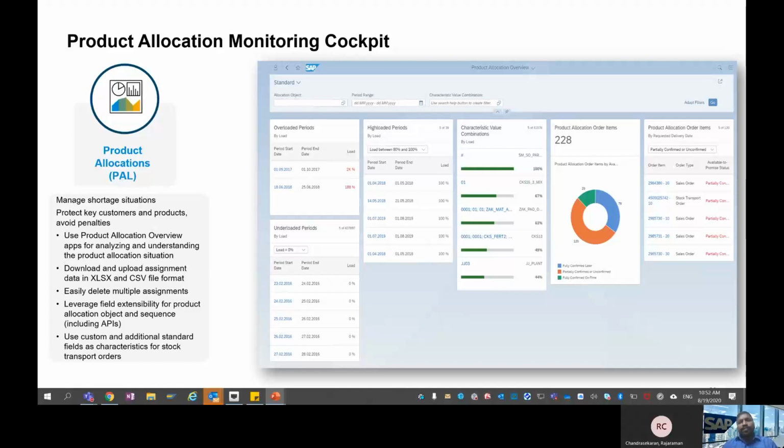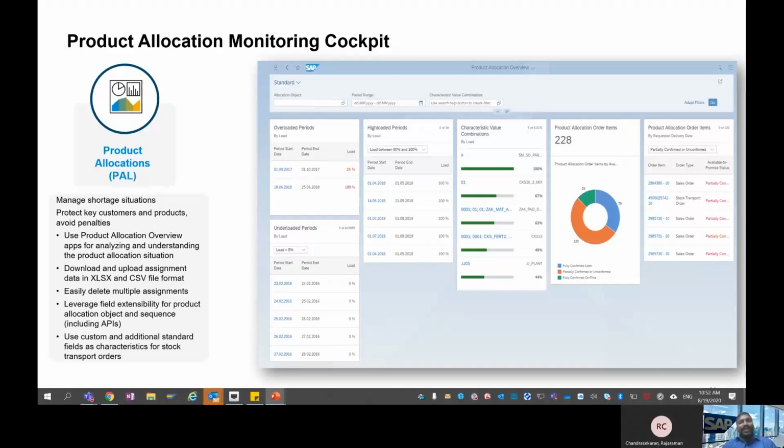This is also part of advanced order promising, as I said. We can use the product allocation overview app for analyzing and understanding the product allocation situation. The benefit it brings is that this app helps to download and upload the assignment data in Excel and CSV format.